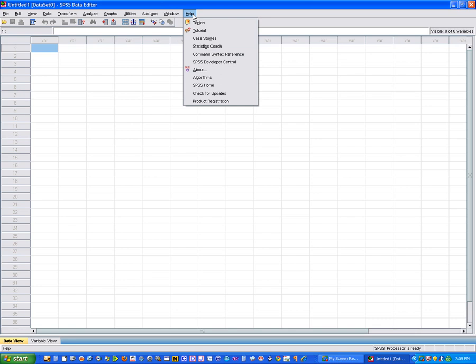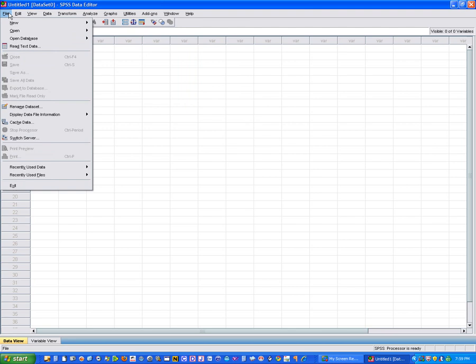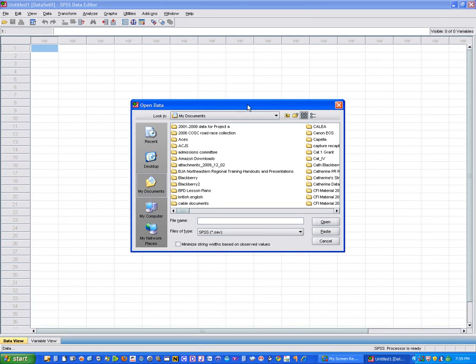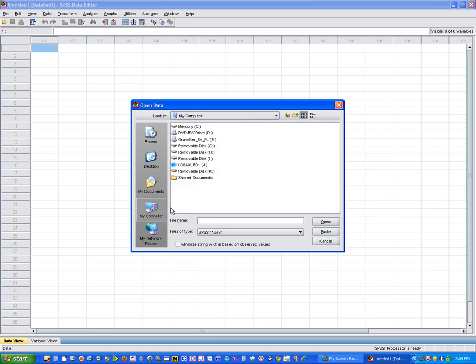So first off, let's go back to the File menu, and we're going to open some data. We're going to go to File, Open, and click on Data. Once we do that, this dialog box is going to open, and it's going to be in the same place on your computer. Let's go to My Computer and double click on that, and then go from My Computer to your C drive,